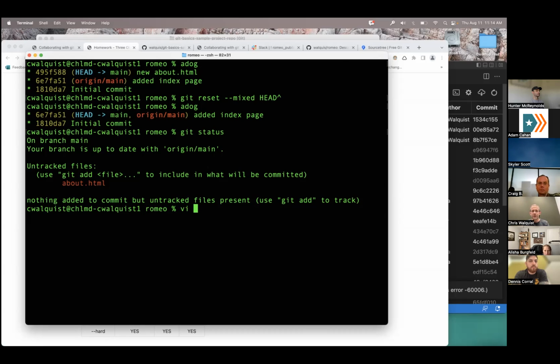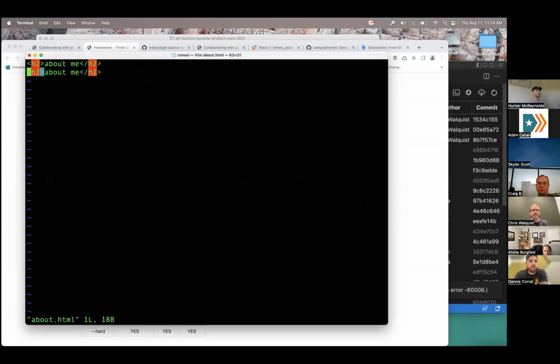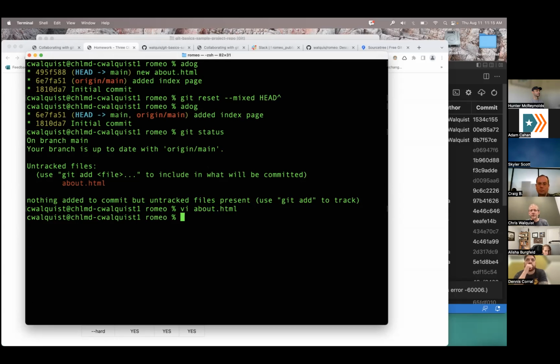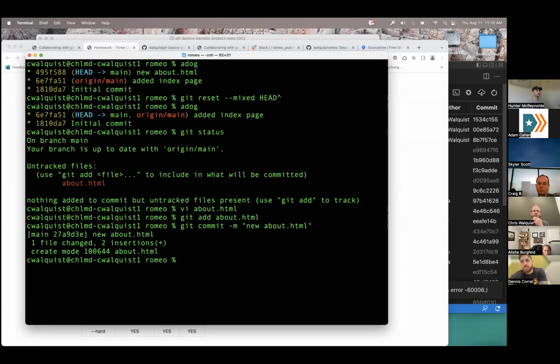So I can go to, sorry, I'm going to use vi for a minute. Right, I can make some other changes. And then I can just proceed again as if I had never committed it before. So that's the git reset mixed. What if